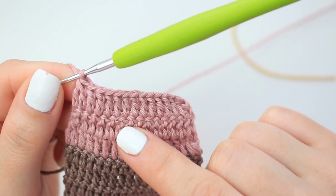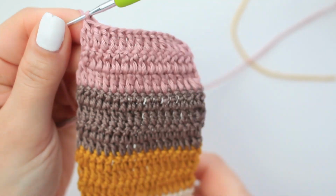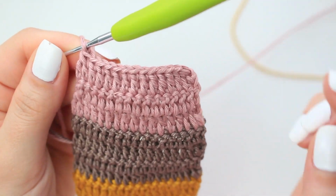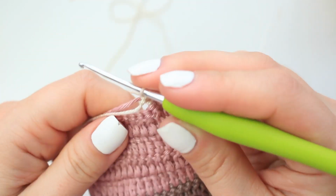And then you're going to fasten off this shade, bring the last one, which for me is the cream, right after the purple is the cream yarn. And then I'm going to be doing exactly the same. So create a slip knot and attach this yarn in place, turn project, and now you're going to be repeating